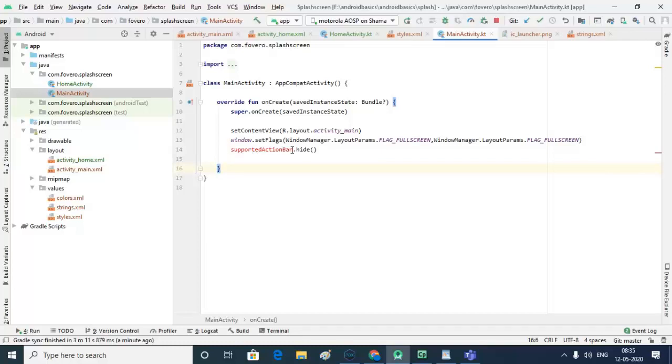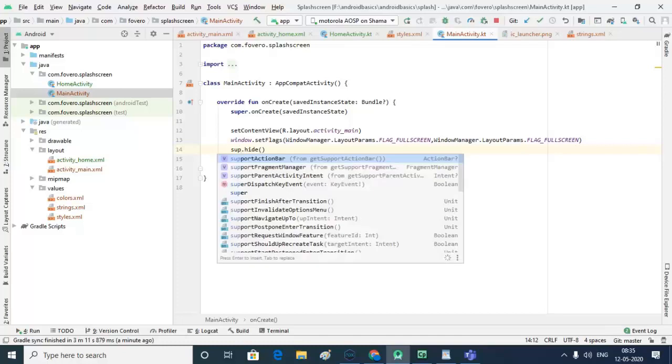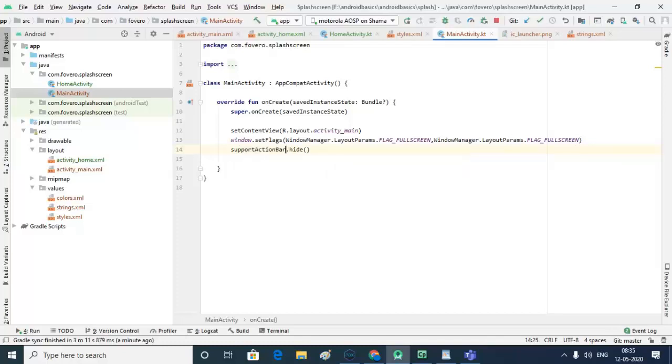Okay, let me check. Yes, supportActionBar hide, and it may be null, so always use the safe call operator here,